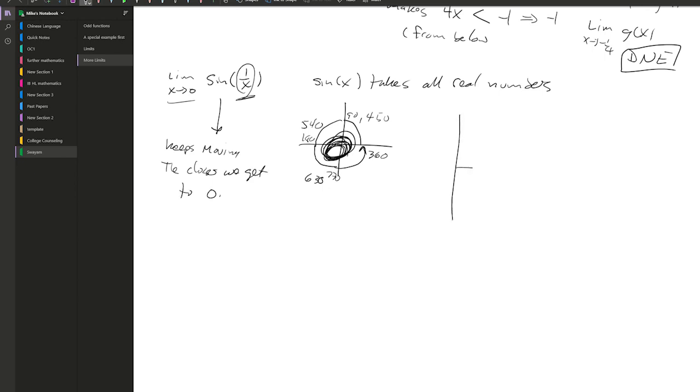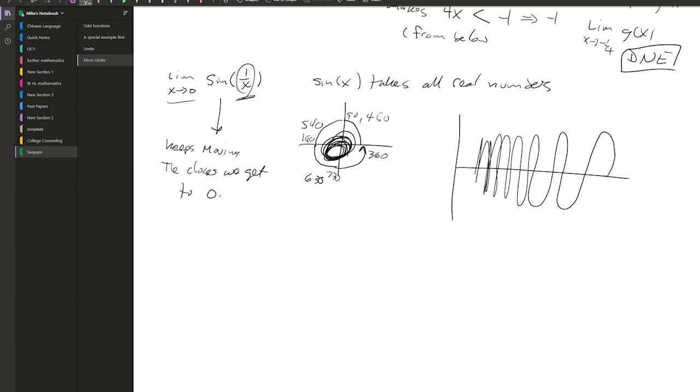So what does that look like? Well, it's going to go up and down and up and down, and then the closer we get, the faster it moves, and it keeps on moving and it just goes crazy the closer and closer I get to 0, because the numbers just keep getting bigger. So you'd say, well, what's the limit? And I'm going to say, well, there isn't a limit, because this thing takes all of the numbers between 0 and 1 forever. So this limit, as x goes to 0, of the sine of 1 over x does not exist,